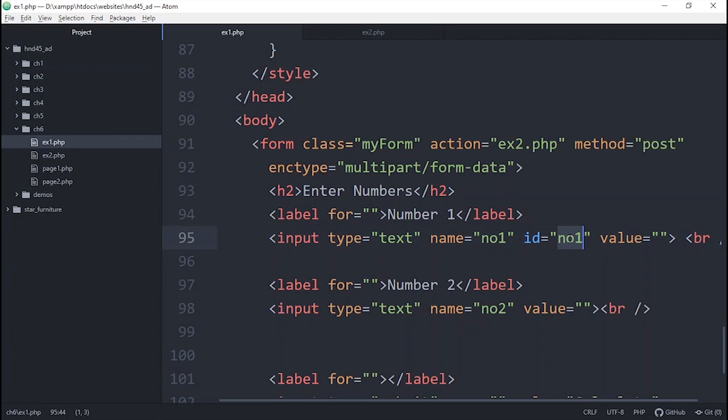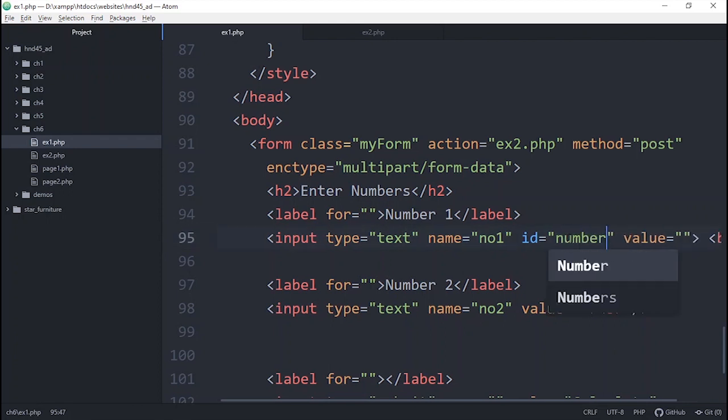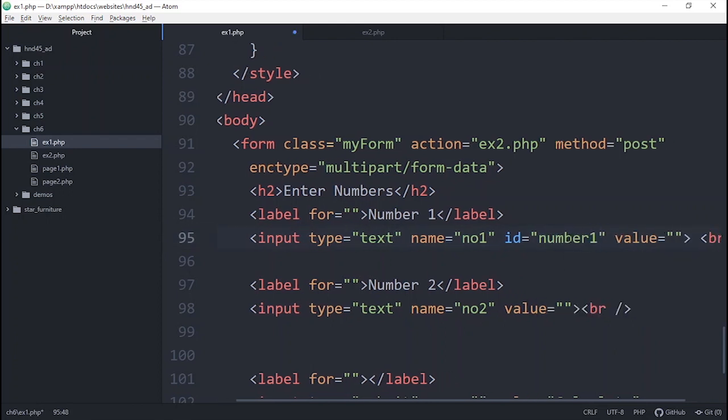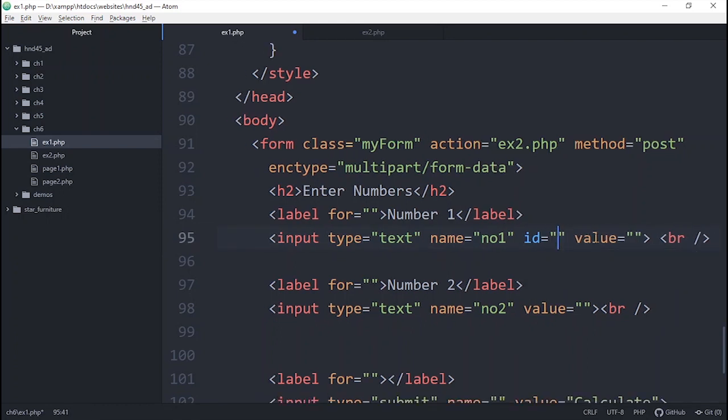So if you wish to have a different name for this same component, you can do it, no problem. You can have it like this. You can have a different name for ID and you can have a different name for the name. Name is for the backend processing, ID attribute is for the front end JavaScript processing. Keep it in mind very well, right? So these names need not be the same, but to do the code work easy, I prefer using the same names like this. Upcoming lessons I'm going to do it like that. So when I'm writing the validation code, I'm going to do this one. In this project we don't need that.